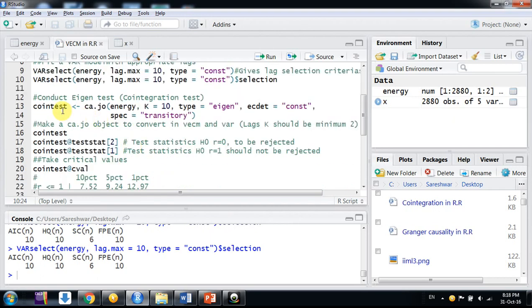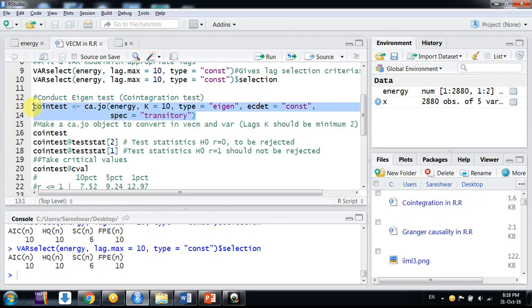Now we conduct the co-integration test, because for running a vector error correction model, it is necessary that both variables we are considering are non-stationary and co-integrated. So we conduct the Johansen co-integration test. In my earlier video, I described how to use that. I am using the eigen test statistic here.